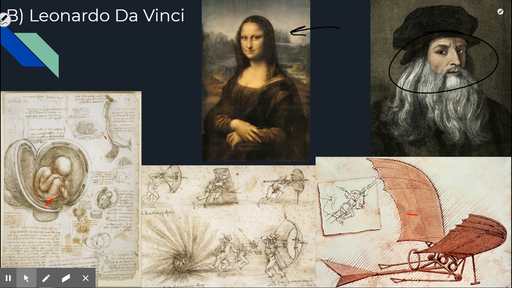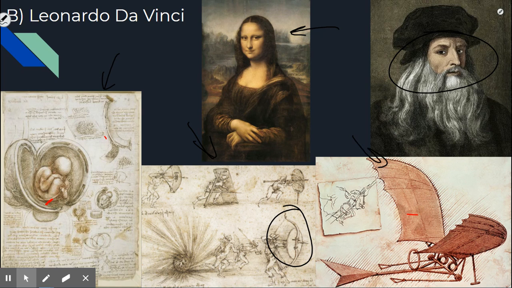But Leonardo also got involved in a lot of other things. This is one of the hallmarks of Renaissance men and women: they didn't just focus on one thing, they tried to dabble in a whole bunch of different things. So Leonardo was an expert painter and a sculptor, but he also dissected human bodies in order to learn more about human anatomy. He created theoretical new weapons of war, which may or may not have been effective, including this cool-looking bow shield here.